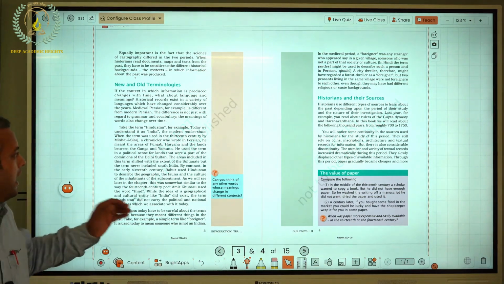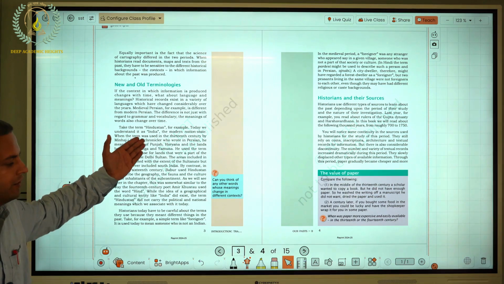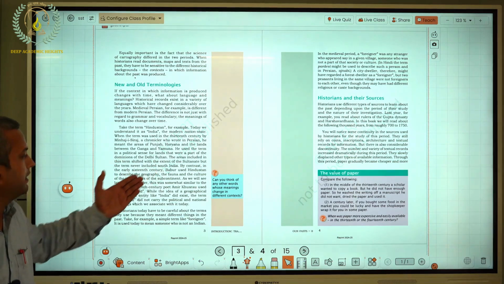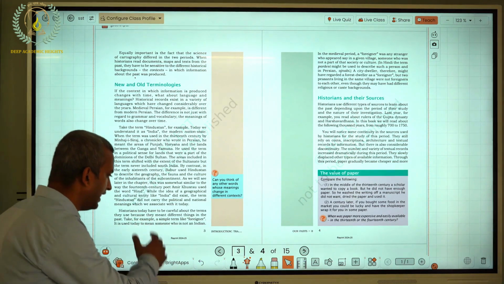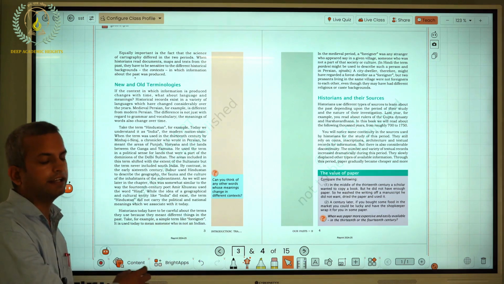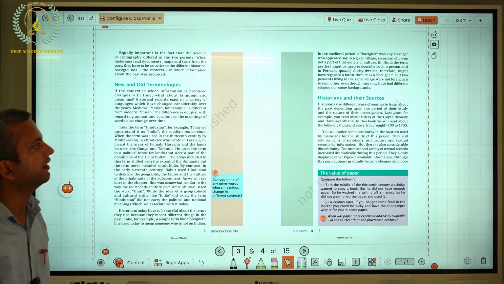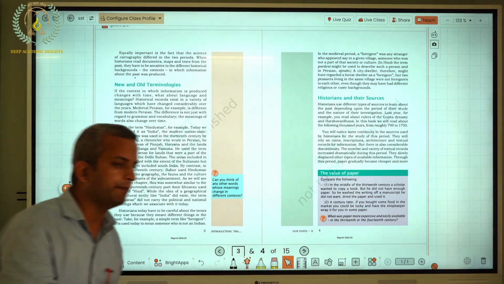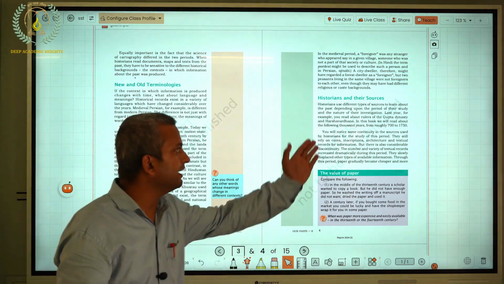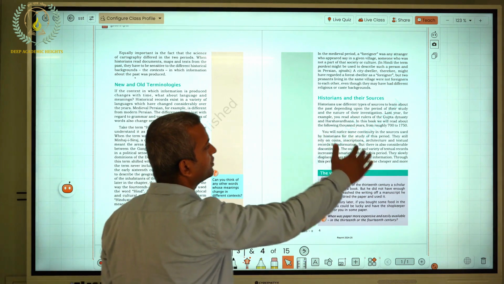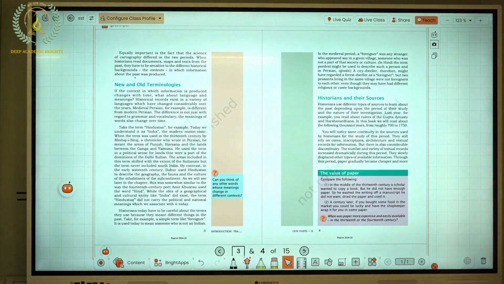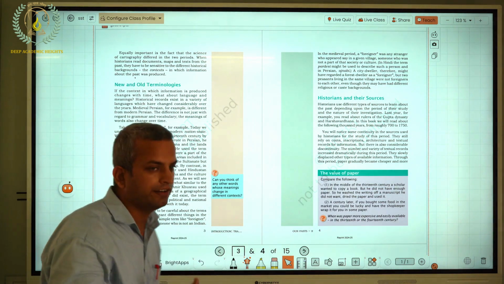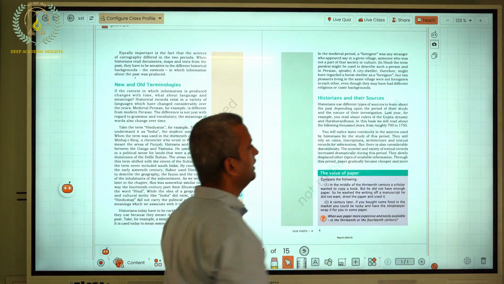The same words have different meanings, as with Hindustan mentioned by the Persian chronicler Minhaj al-Siraj, Babur, and Amir Khusro. At that same time, the word foreigner in English, ajnabi in Persian, or pardeshi was used for any person who was not part of the community. Now, historians and their sources. Historians use various sources from the medieval period, and the medieval period we are going to study is the period between 700 and 1700.